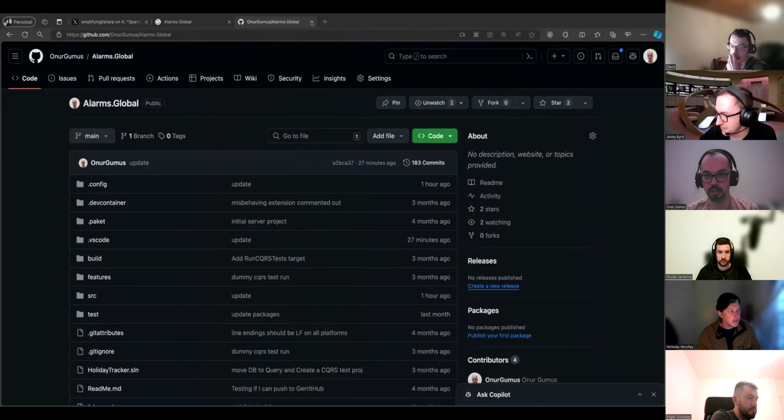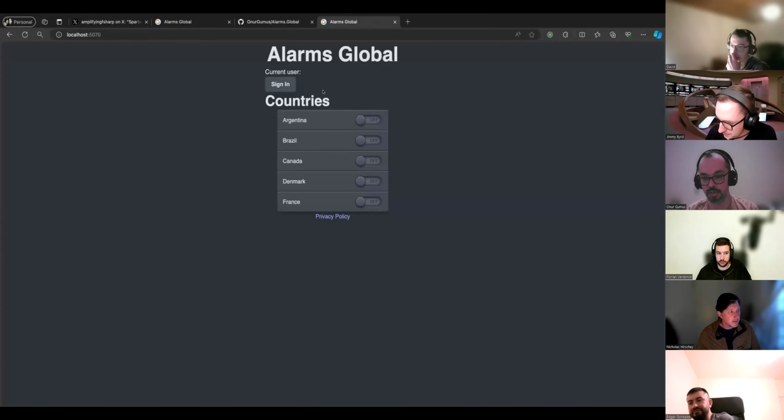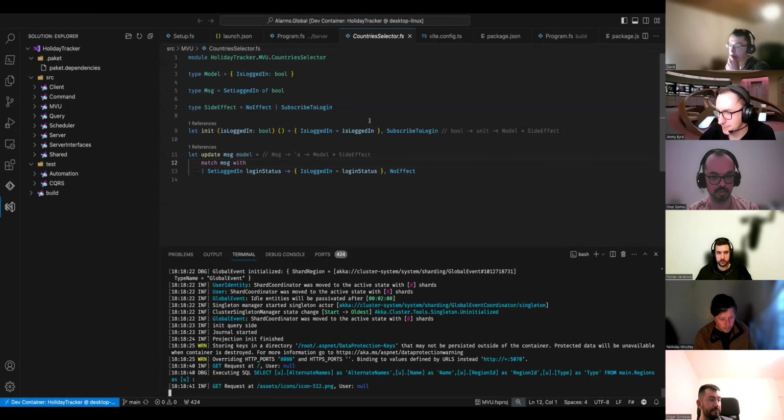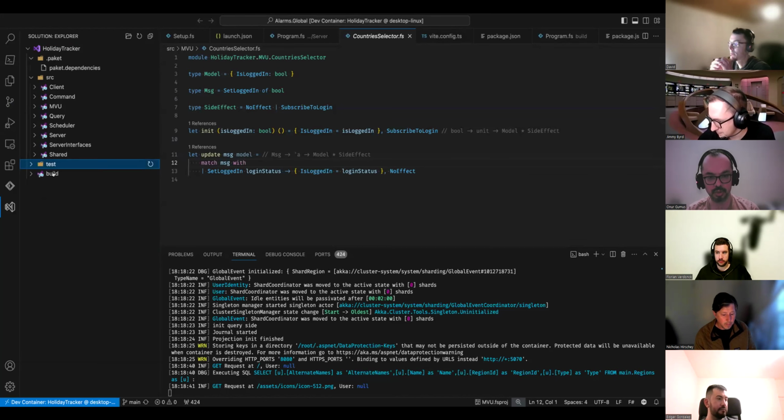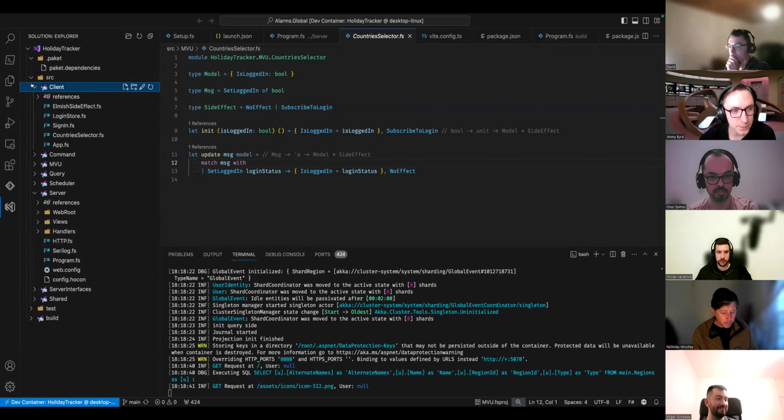If you run it, I think it runs on 1570. You should see this kind of screen, and if you try to log in, you should come up with some sort of login screen. There's a lot of different things going on here, and we'll just see things from a debugging perspective. But let's see the project first. There's some test stuff, which hopefully we are not going to touch. There's the server-side part, which is a Giraffe application, and the client-side part, which is a Fable application.